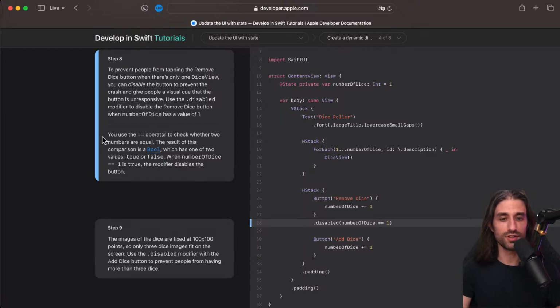So it's very important to understand this, because otherwise it can be very confusing. So the result of this comparison is a bool, a type which has one of two possible values, true or false. When number of dice equal 1 is true, the modifier disables the button.